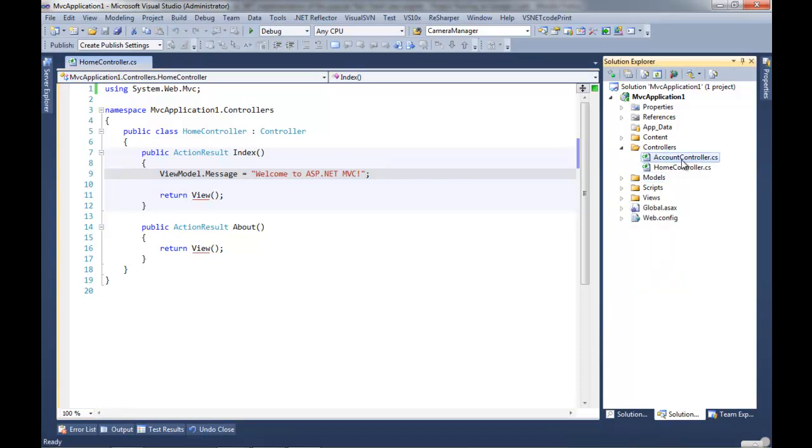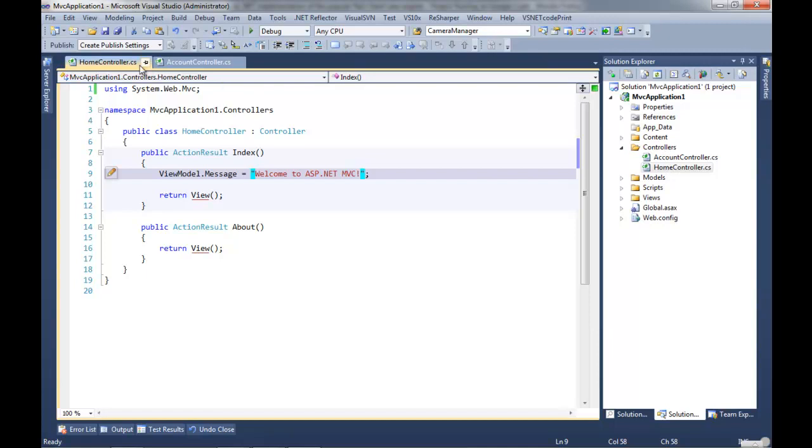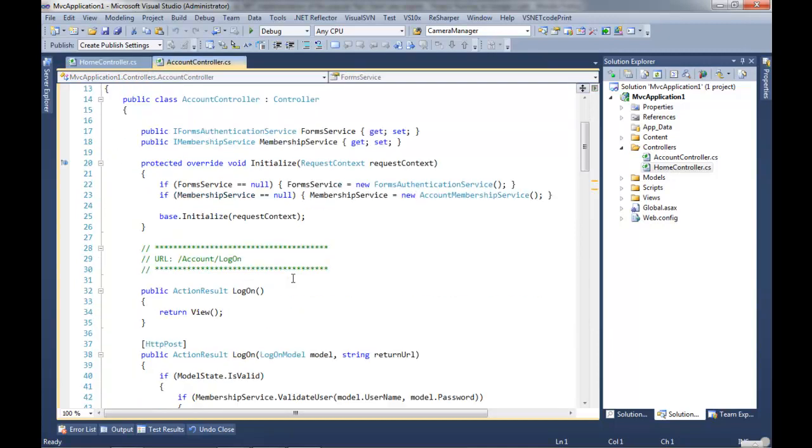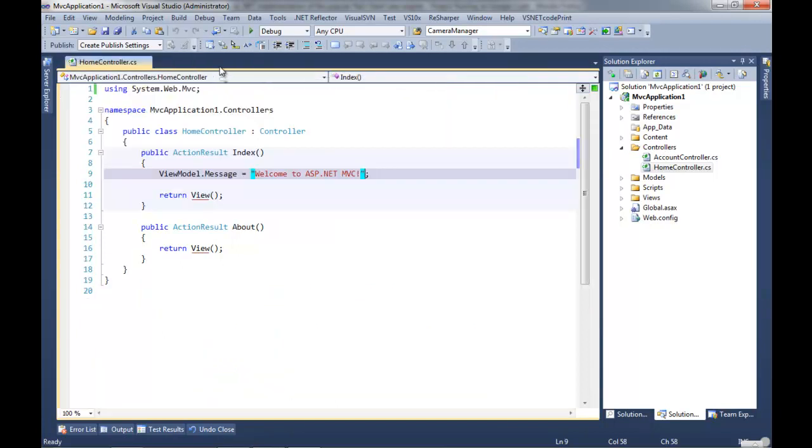The first thing is these are the controllers. So we have the account controller and the home controller. The account controller was generated for us. It does a bunch of stuff we don't care about. Specifically, it uses the built-in ASP.NET membership provider interface, which I don't particularly like, and I guess you know how snobby I am about things.